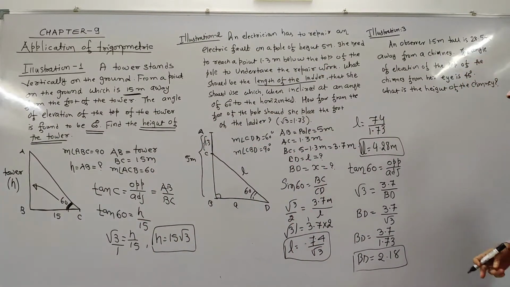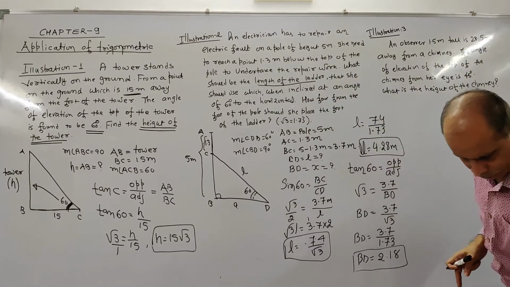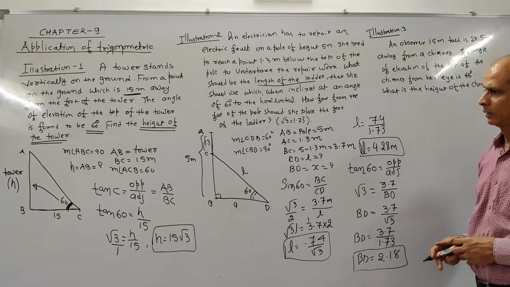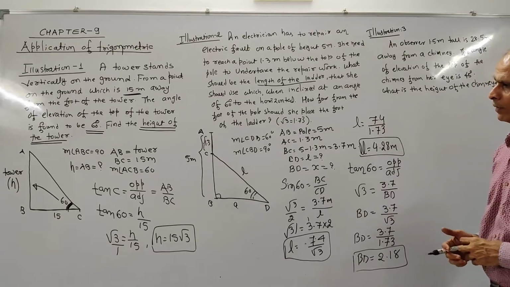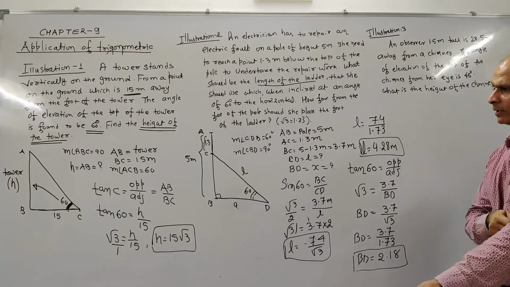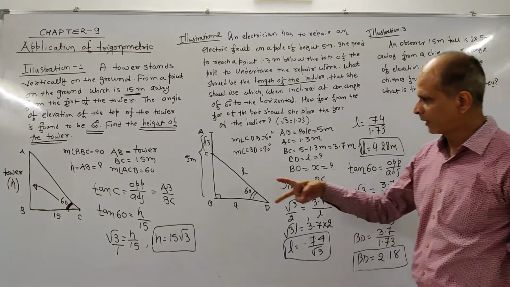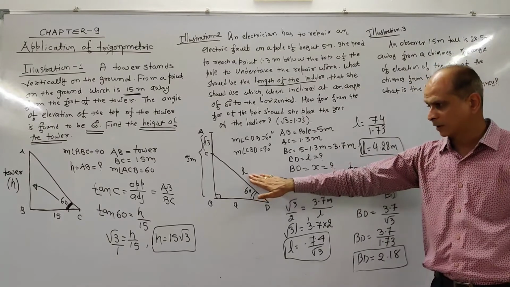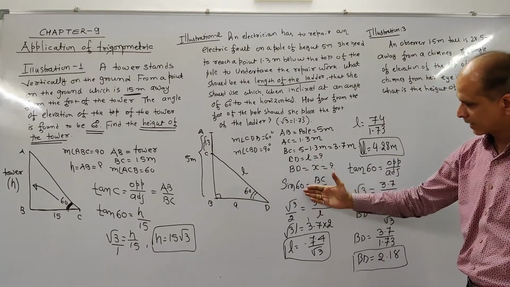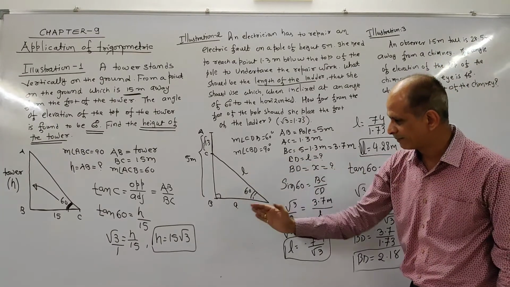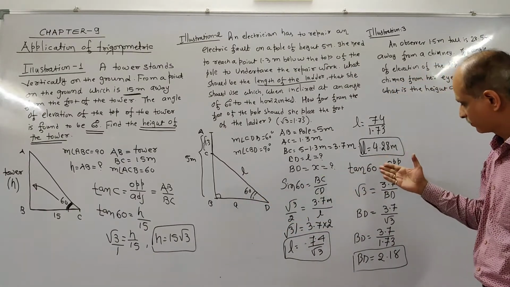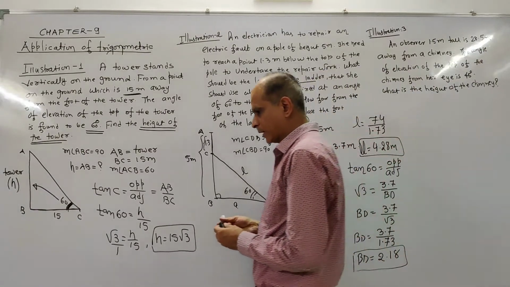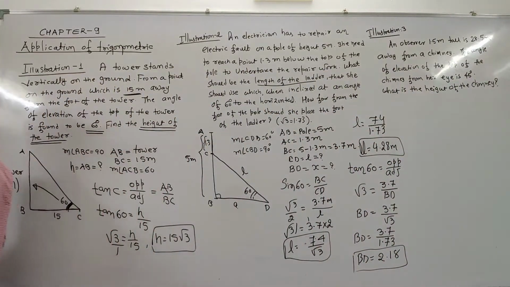So, a very important example. A pole is given to you. The length of the pole is 5 meter, and one has to go for repair work 1.3 meter below the top. So you can easily find BC as 3.7. Then you have to find the length of the ladder, and for that you have to use sine. Here you have to find the adjacent side of the 60 degree angle, and that's why we have used tan 60 degree. Well, so we have completed illustration number 1 and illustration number 2.